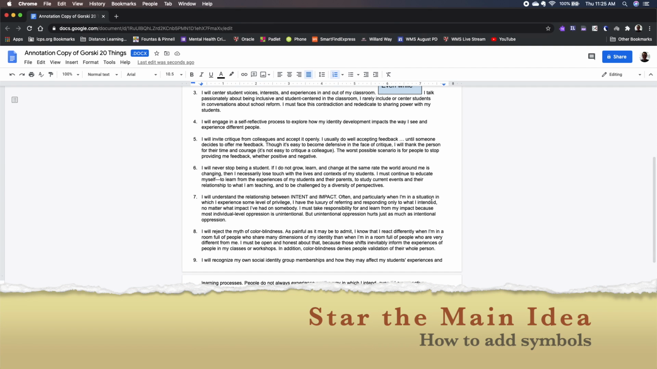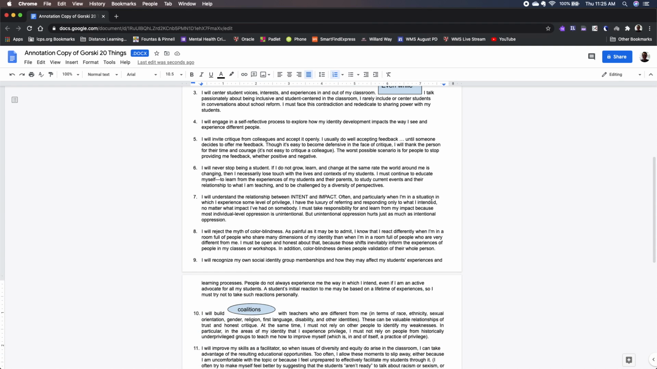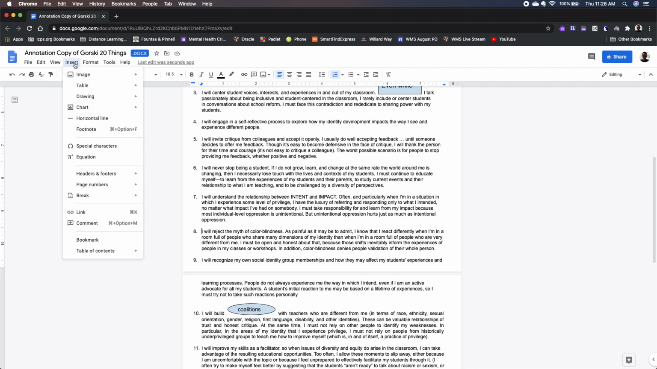Now, our final annotation of focus is to star the main idea. So here's how to add symbols into the Google Doc. So let's say the main idea is right here, this sentence in number 8. It's not, I'm just using this as an example. So I just click there, I don't highlight anything, but I go back up to Insert, and what I want is special characters. So I'm going to go down here,